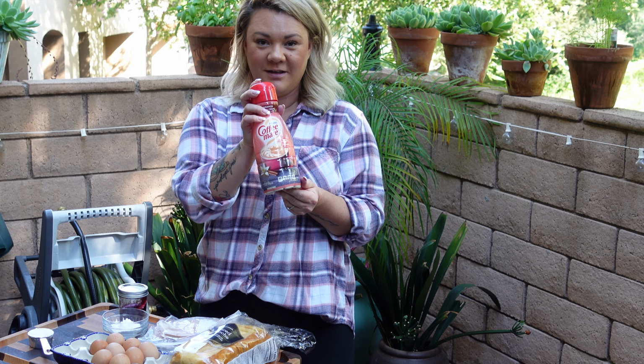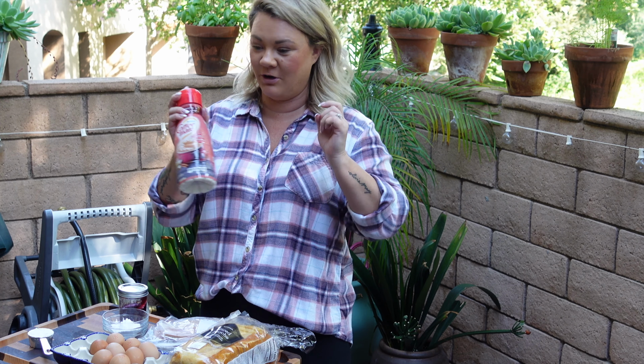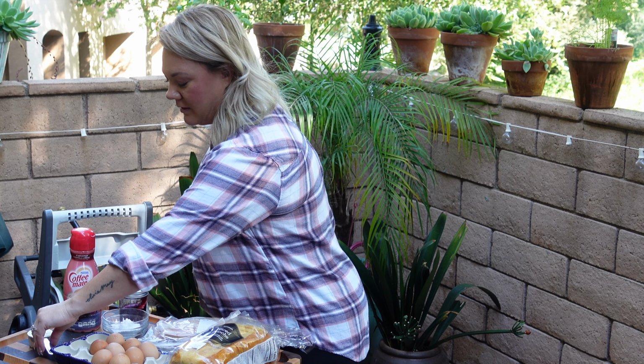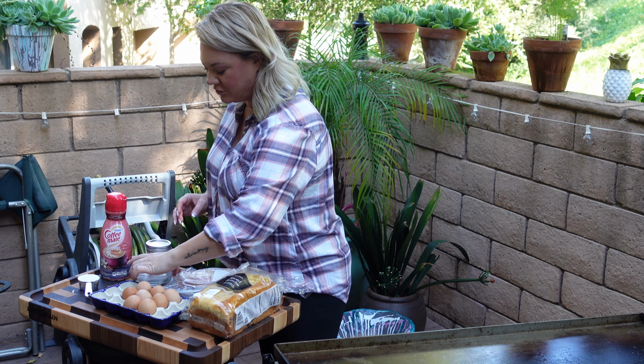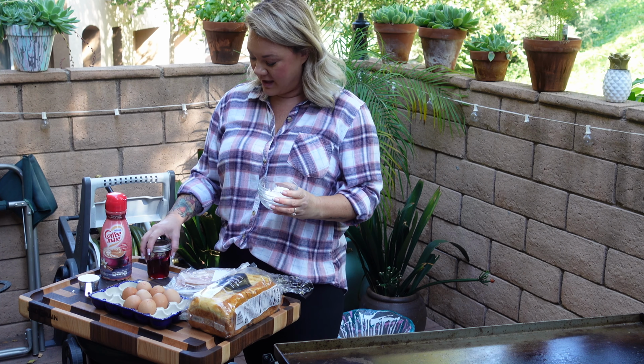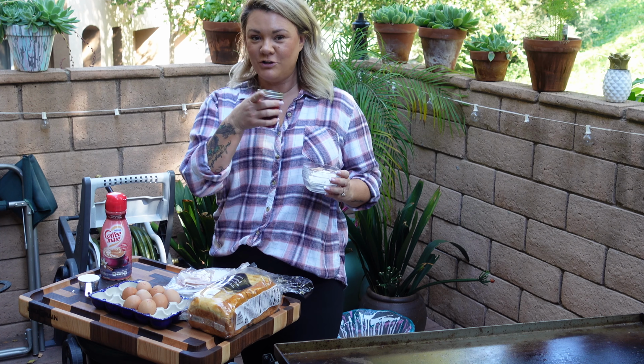I'm using this creamer for my French toast. If you watch any of our other videos of me making French toast, you know that I always use creamer. Okay, I'm going to have a 1/4 cup of flour, powdered sugar, and this is actually homemade pomegranate jam from our next door neighbor, which you've probably seen in some